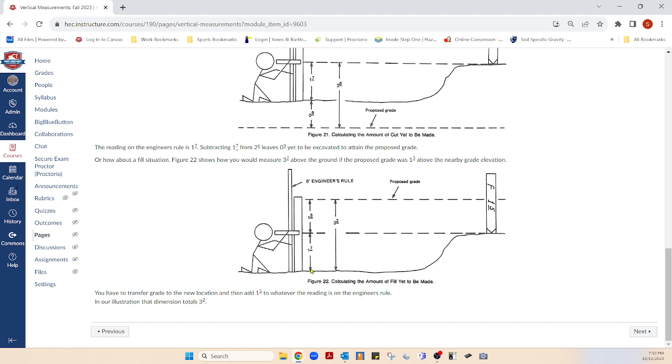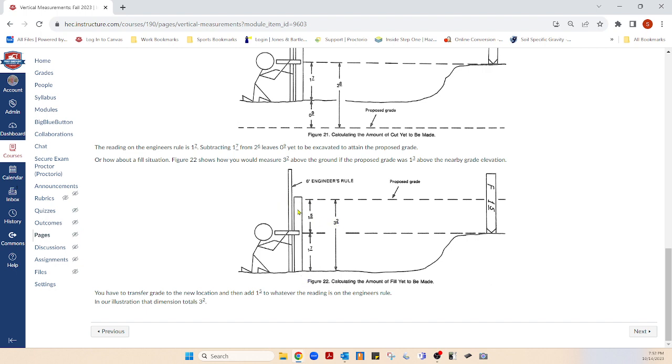Well, he's got to come up this far, and he measured it at 1.7, but he still needs to come up how much further? Well, it tells you right here, 1.5. But from here up would be what? Fill